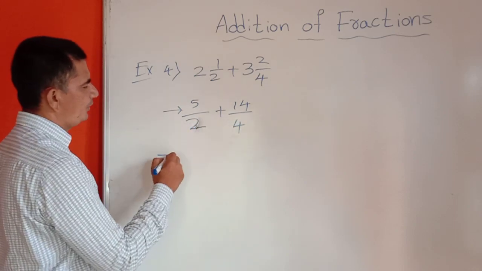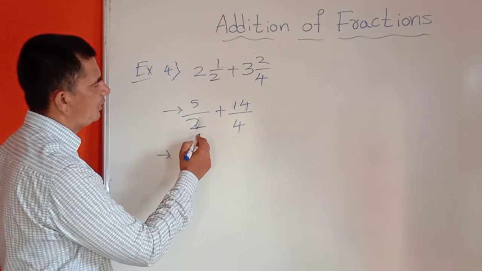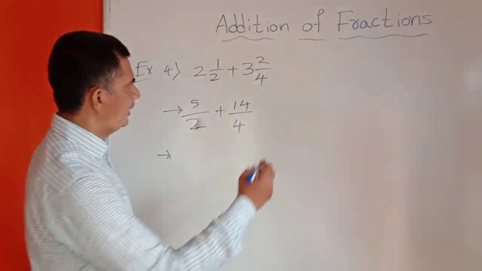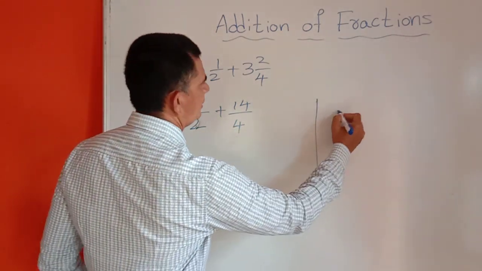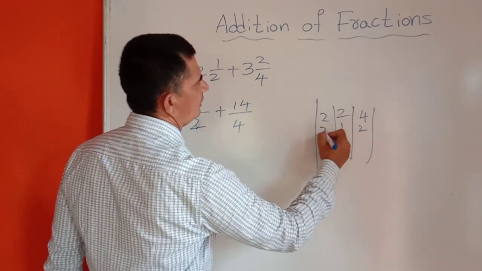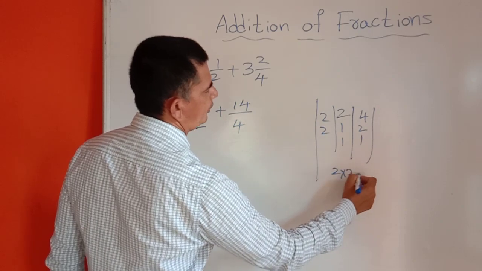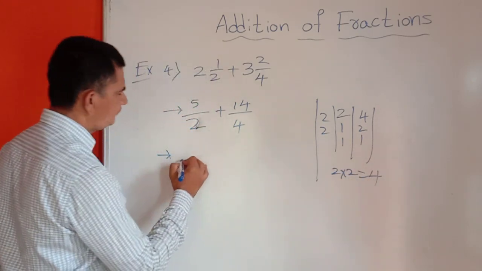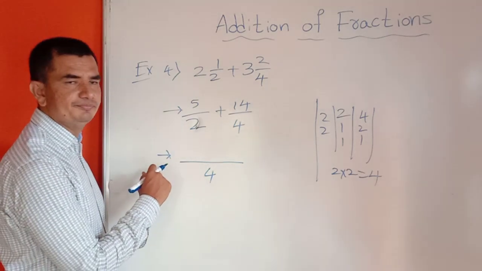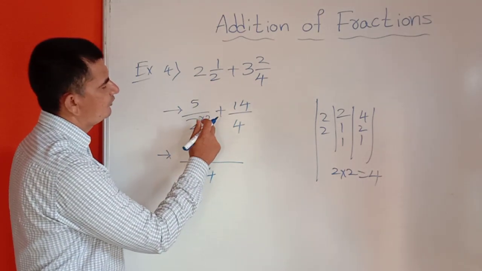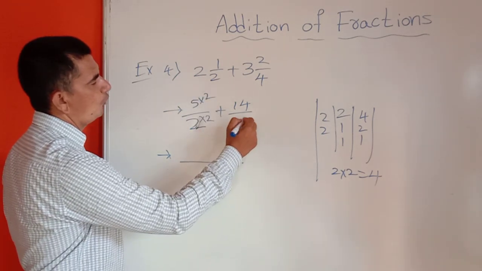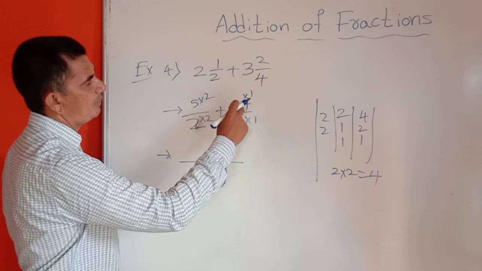Now we got this. Next step, what we have to do: we have to find out the LCM of the denominators, because the denominators are different here. So what is the LCM of the denominators? 2 and 4. 2 1s are 2, 2 2s are 4, the LCM is 4. So we got here LCM is 4. So 2 2s are 4, 4 1s are 4. From the same number you have to multiply with the numerator. 4 1s are 4, 4 1s are 4. From the same number you have to multiply with the numerator.